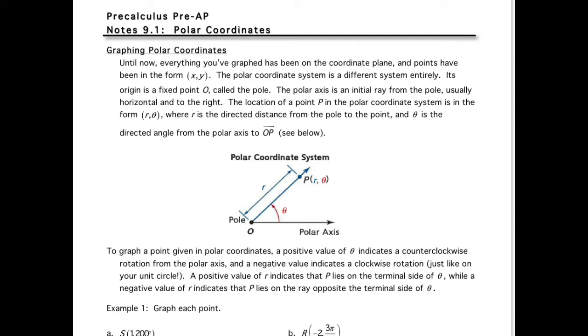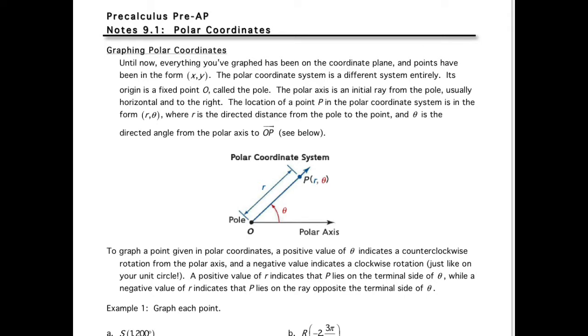So today we're going to talk about graphing polar coordinates. Up until now, everything we've been graphing is on the coordinate plane. Our points have been in the form x, y. Those are known as rectangular coordinates. But not everything is rectangular. The Earth, no matter what anybody tells you, is round, and so sometimes it makes sense to use something called